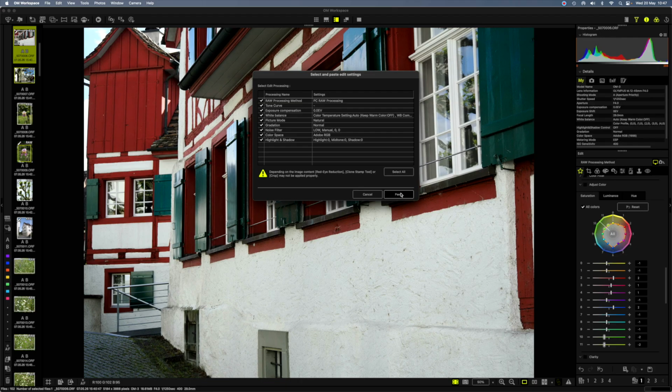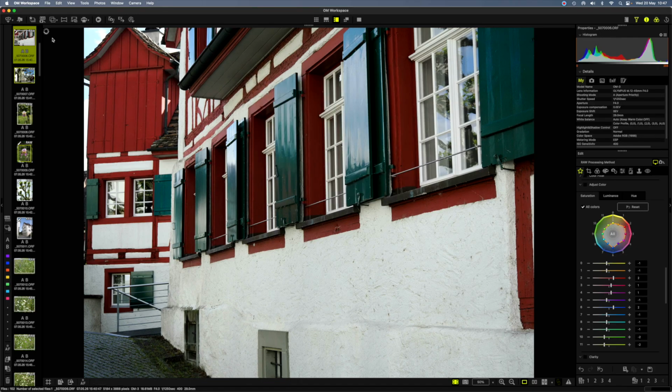I can then apply this, and that little wheel there shows that it's working, and I'm now back to a basic configuration. It's not selected, so this is not applied to the image, but I can reset it just to be safe. I don't have this particular function in this profile, that's why it wasn't reset.